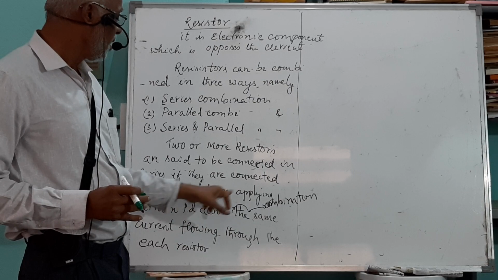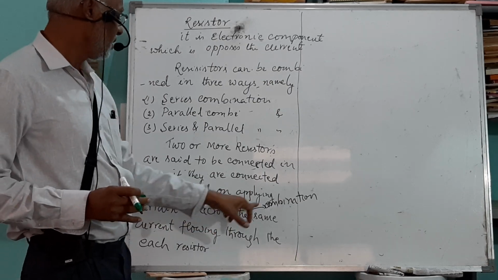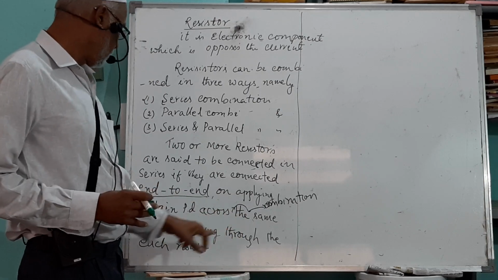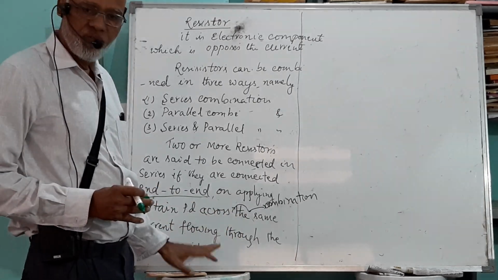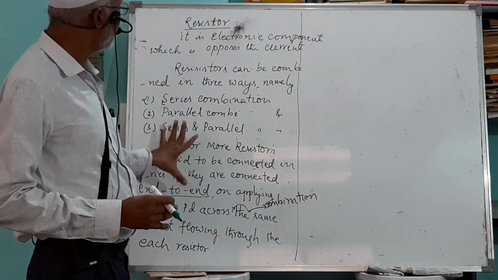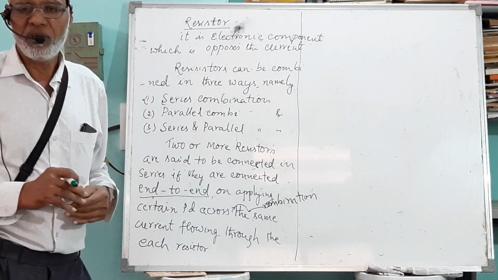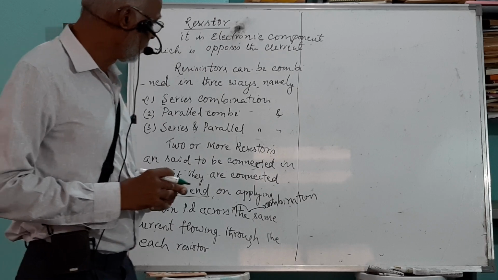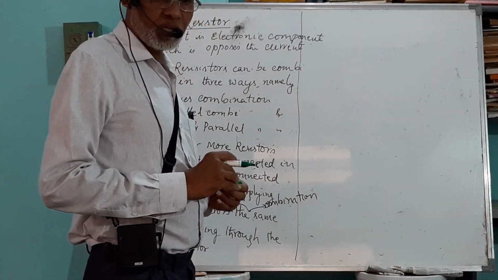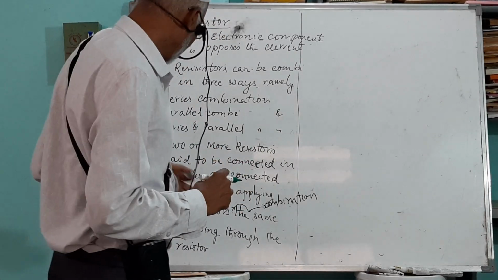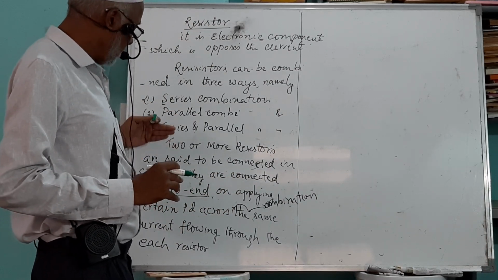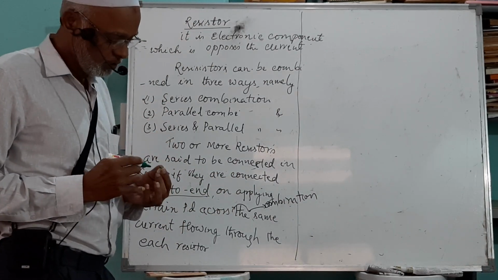For this, on applying a certain PD across the combination of resistors, the same current flows through each resistor. If this is the case, then we say that this is nothing but the series combination of resistors. Now, when two or more resistors are said to be connected in parallel... So first of all, we would like to discuss completely the expression for the series combination of